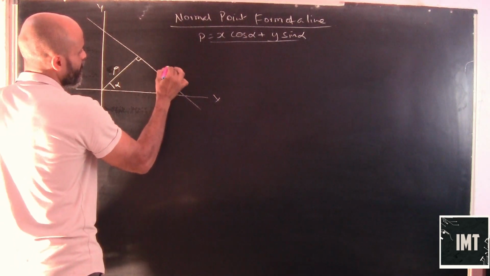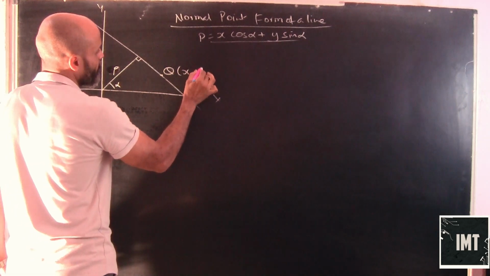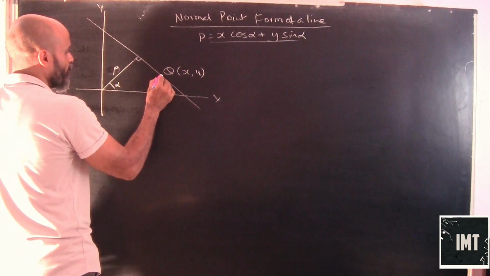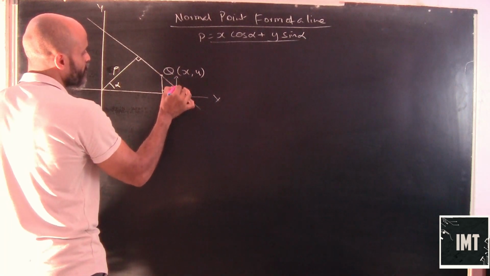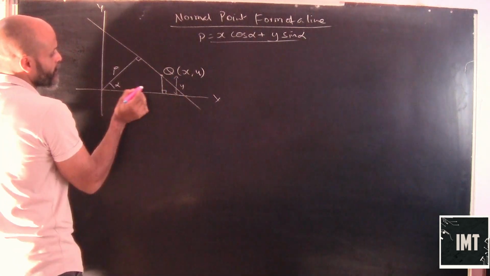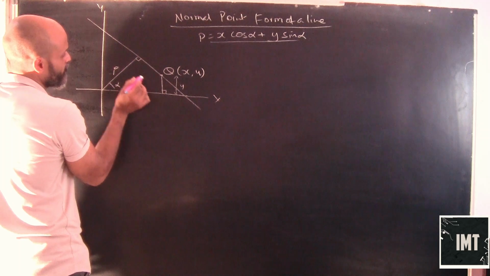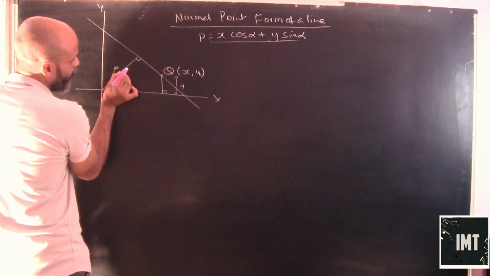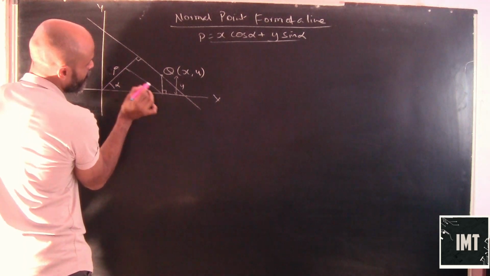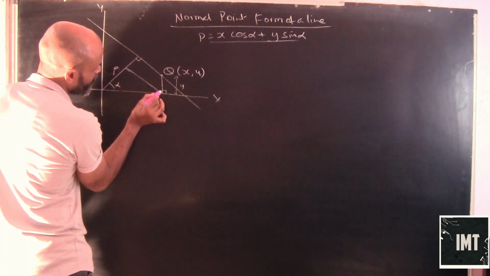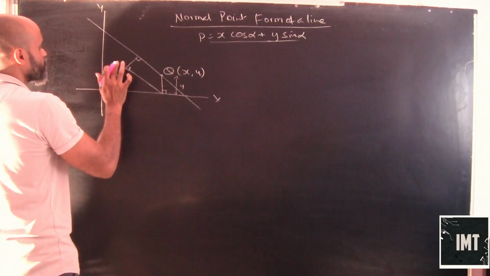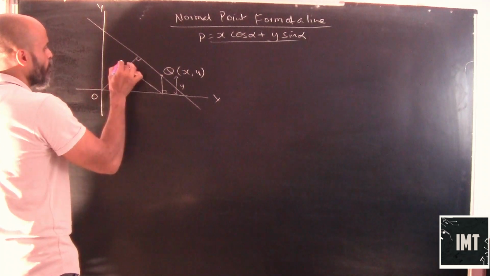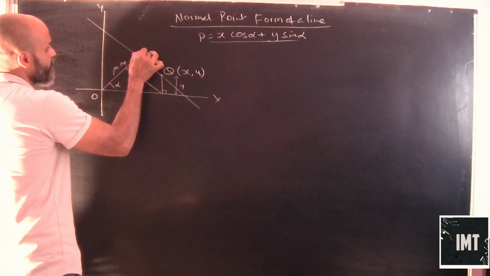Let's say we take a point Q which has coordinates x and y. Now obviously, if I drop a perpendicular here, the length of this perpendicular would be y. Now let's say from the foot of this perpendicular we draw another perpendicular to this normal. So this basically is a perpendicular. Let's say we name this as O, this as M, this as N.